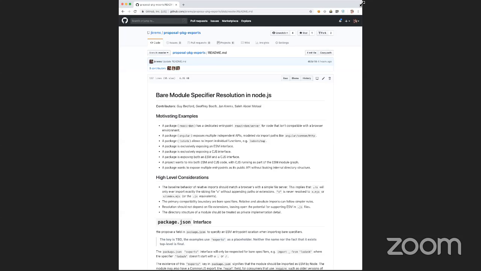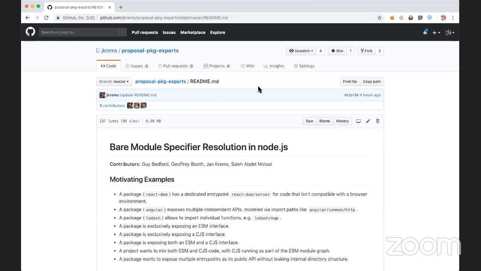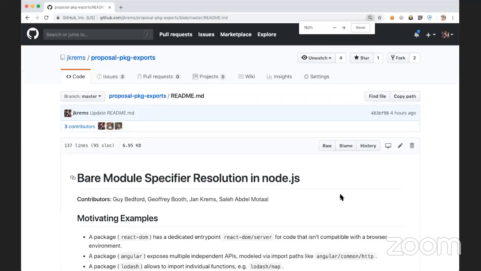Okay, we have about 10 minutes to discuss another proposal, an explicit package exports proposal. Jeffrey, did you want to kick this one off? Sure. Or Jan, did you want to describe it? Sure, I can. Let me quickly share. Also, let me resize that window so it actually fits. Can everybody see this? Yeah, looks good.